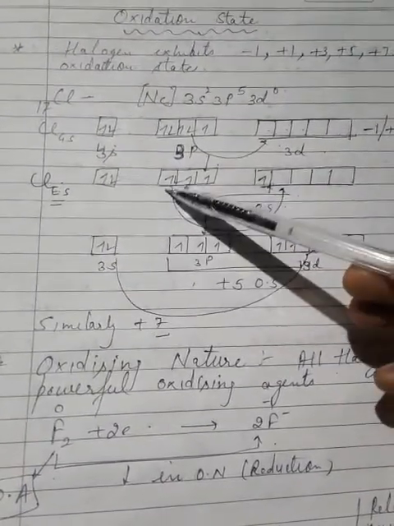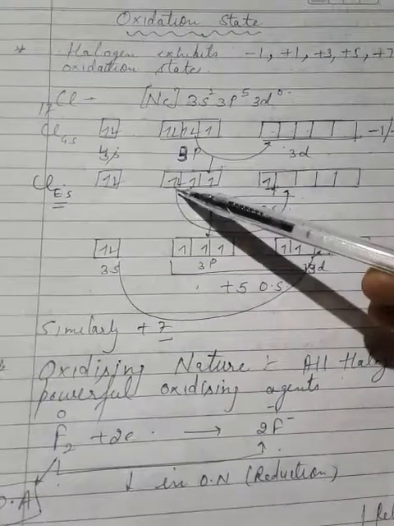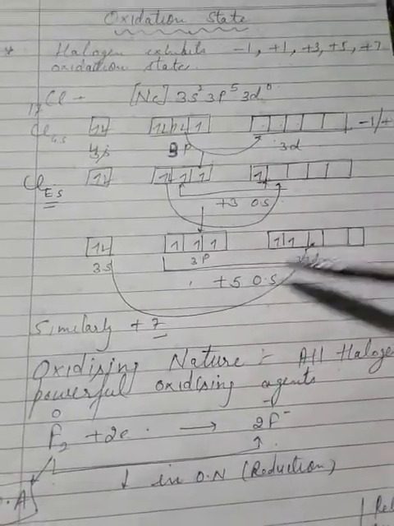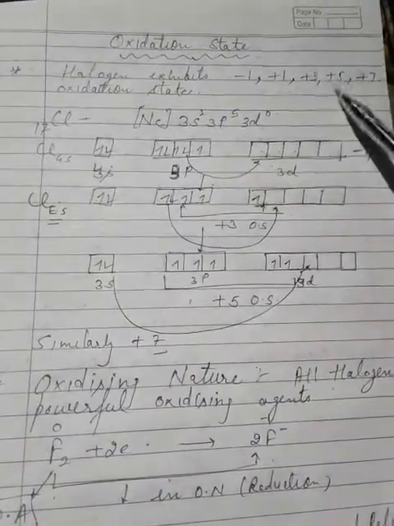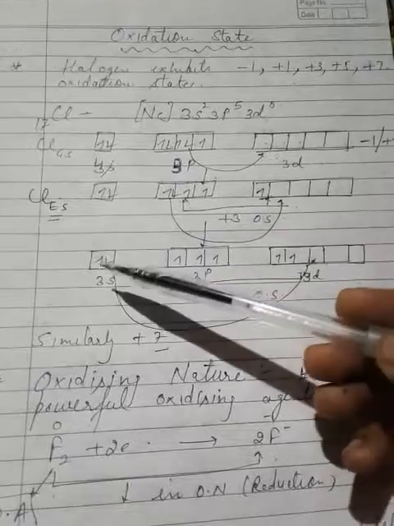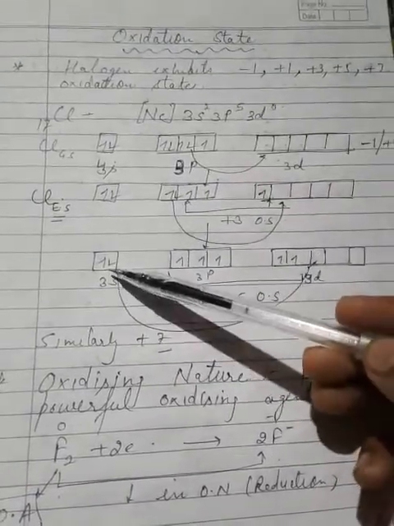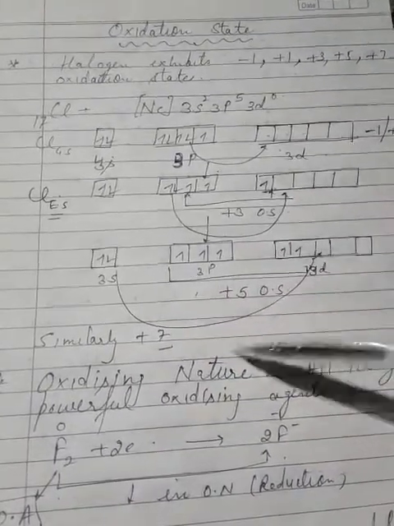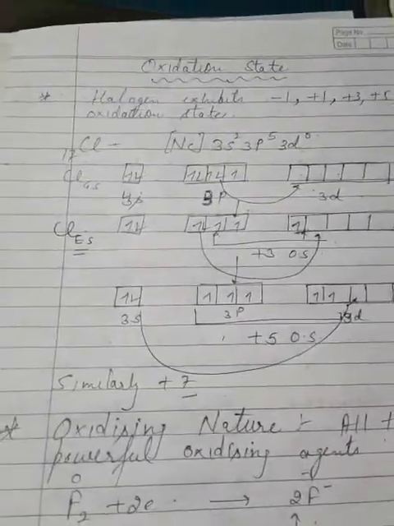Similarly, one more electron is there. If it is excited to a higher state, then how many orbitals will we have with single electrons? 1 2 3 4 5. This shows the exhibition of the +5 oxidation state. Now +7 can also be shown if one electron from 3s is excited to the higher 3d orbital. So you can see how many orbitals are singly filled: 1 2 3 4 5 6 7. So 7 is shown in this way. So this was the oxidation state of group number 17.